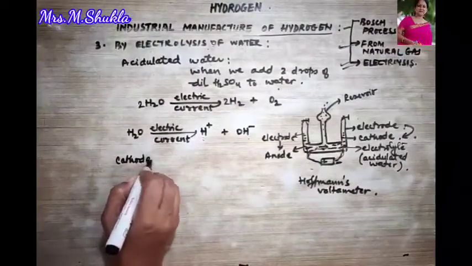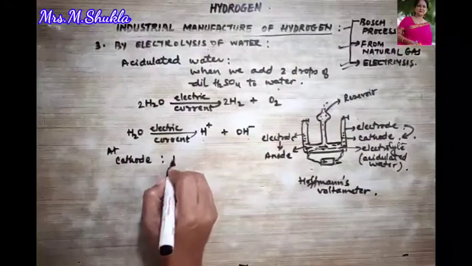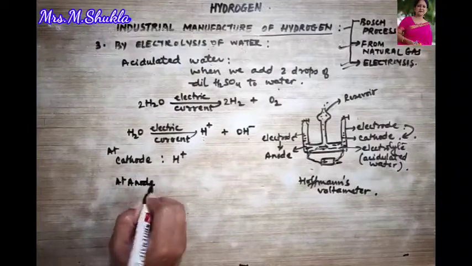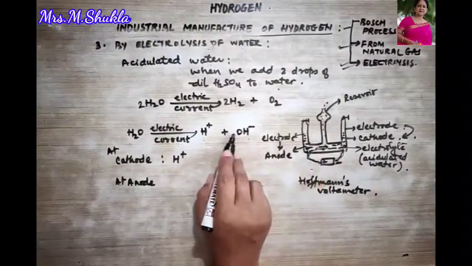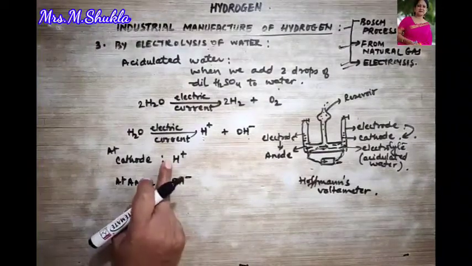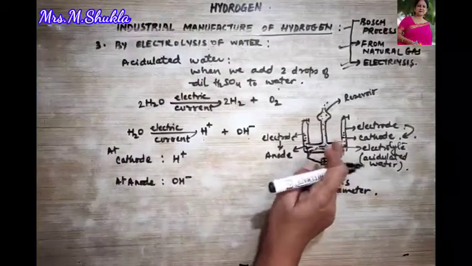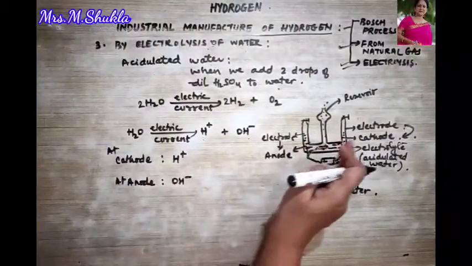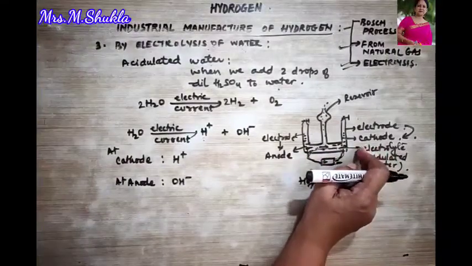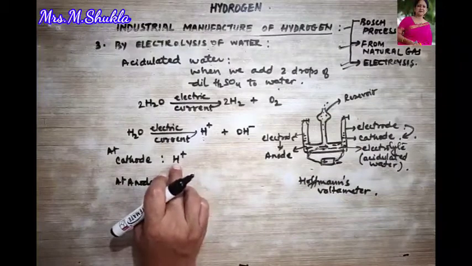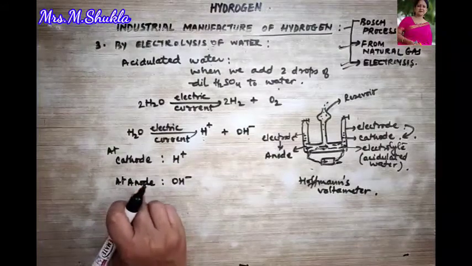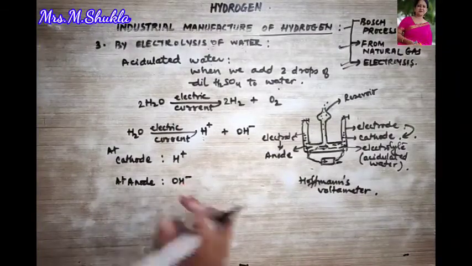So at cathode, hydrogen goes. Anode is your positive electrode, so the negative ion is going to come over there. So OH minus is going to go there. Is that clear? The migration of the ions in the electrolyte is clear. Which one is going to move towards anode and which towards cathode? All the positive ions are going to move towards cathode because opposite charges attract. And anode is a positive electrode, so negative ions move there.